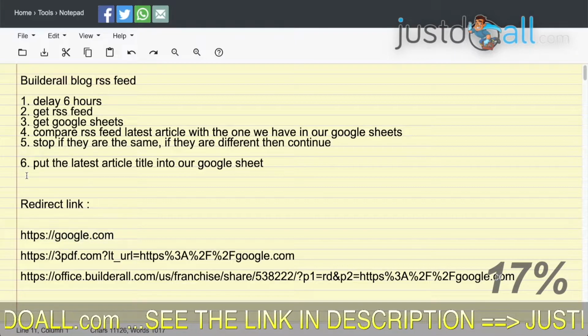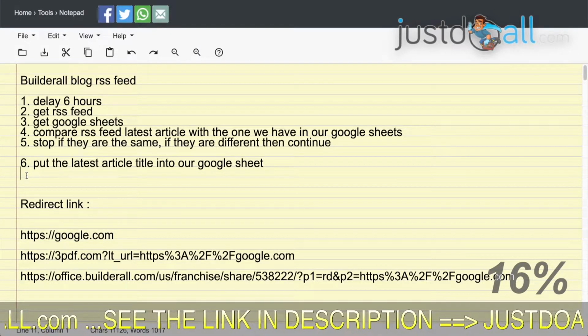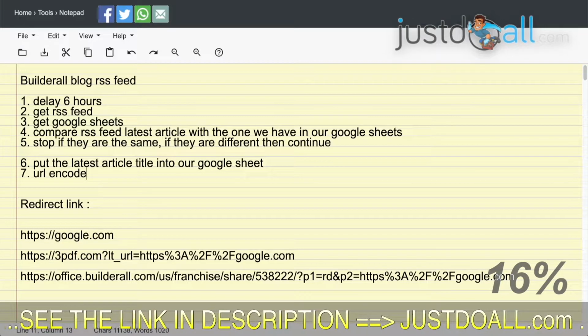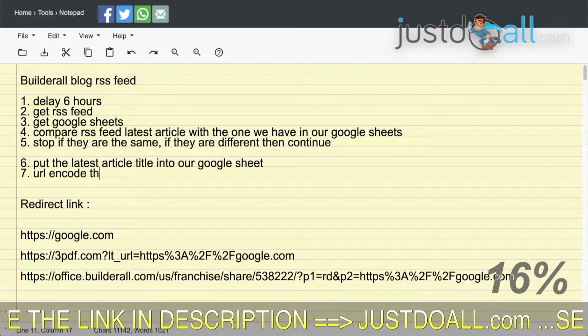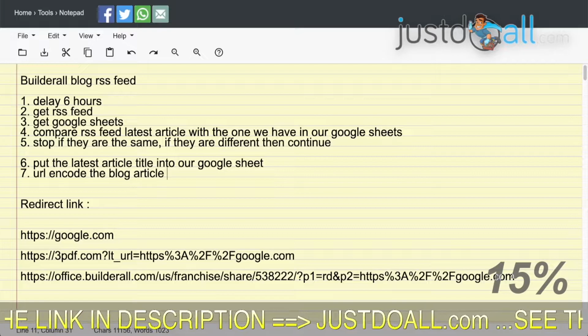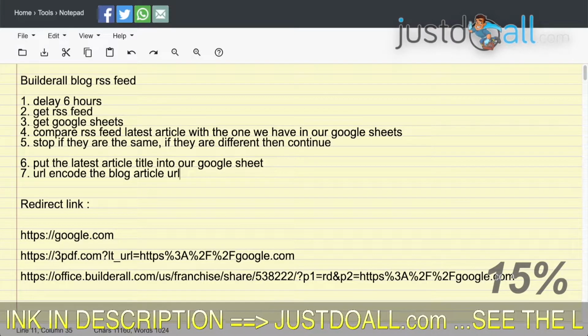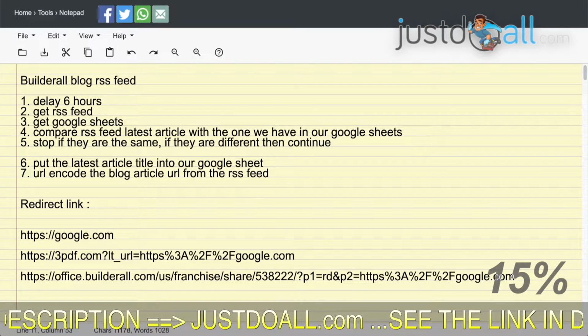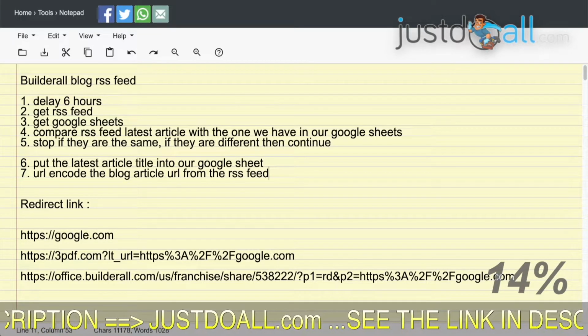So number 7 for the action, really, we need to URL encode the blog article URL that we get from the RSS feed that we already got in action number 2. We do that.